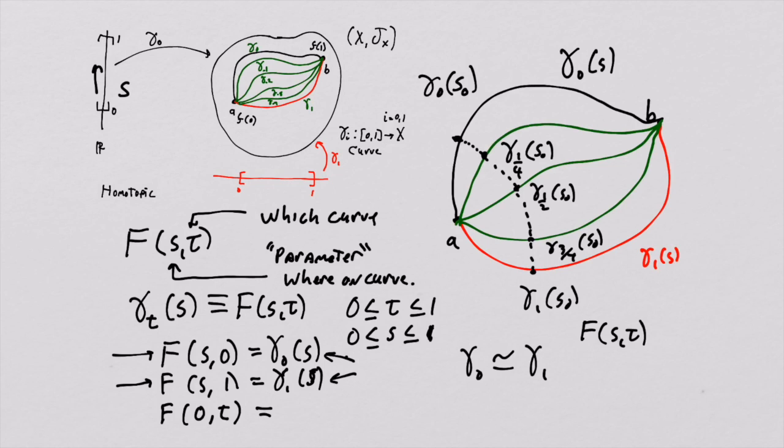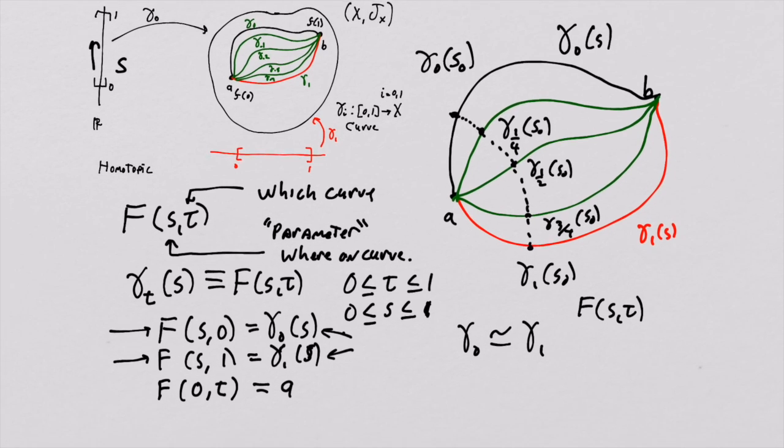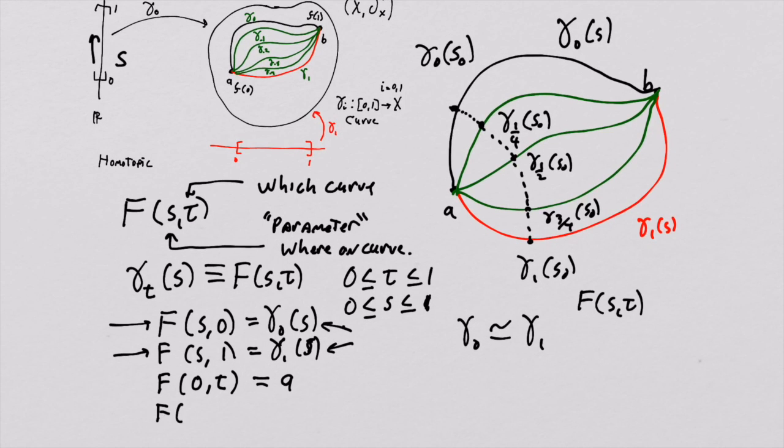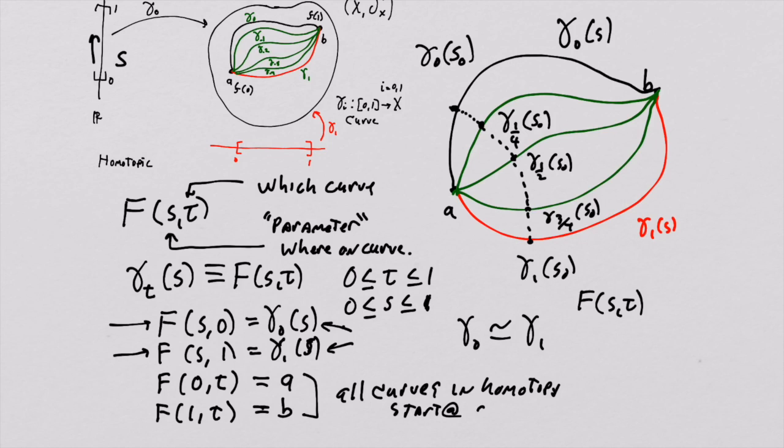That is always going to be A. And likewise, f of 1 of t is always going to be B. And this is a statement that all the curves in the homotopy start at A and end at B. And that's really important, right? That's the whole point of deforming the curves, is they start at A and end at B, and they're all